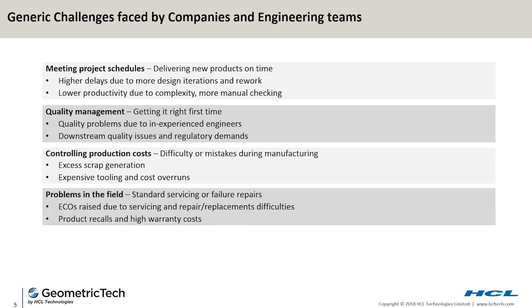Next, a critical thing that we have seen is in terms of controlling the production cost. Especially when it comes to high-tech components or automotive interior components, when you're dealing with plastic parts, and especially complex plastic features, the tooling that goes into it requires a complex understanding of the features or the way they are going to be created, which is difficult for inexperienced people to understand. So how can we avoid expensive tooling and cost overruns, which make it difficult for manufacturing teams